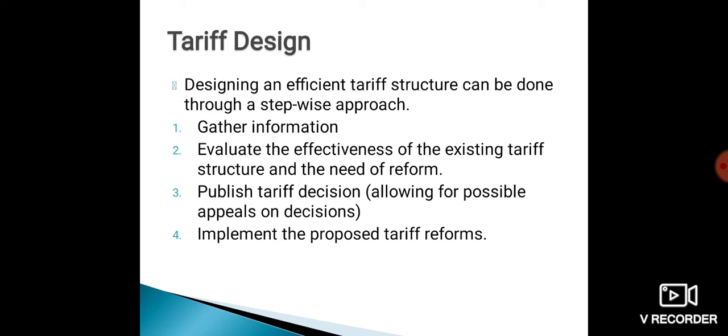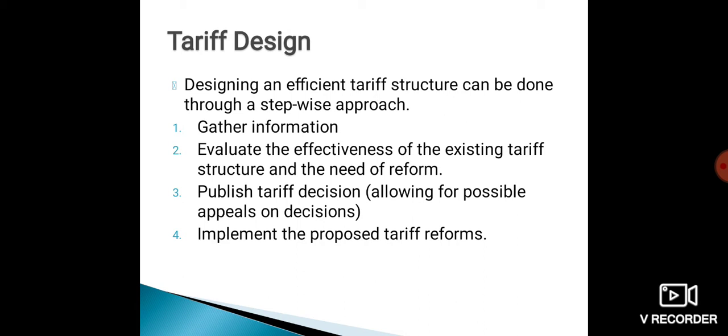Second step is evaluate the effectiveness of the existing tariff structure and the need of reform. Third, publish the tariff design, allowing all possible appeals on the decision. Fourth, implement the proposed tariff reform. So, we will generalize these four steps.